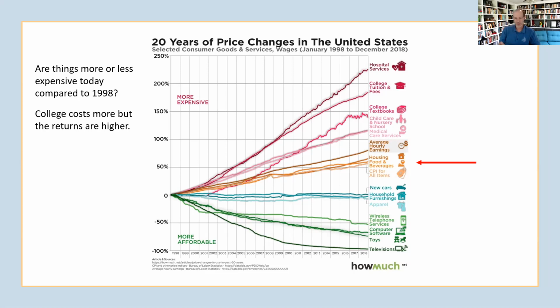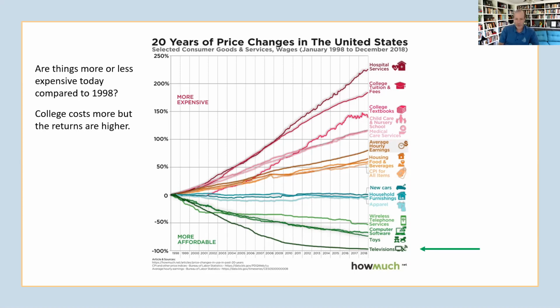There are some cities in California where the median home price is $1 million. You need to put 20% down. You need to come up with $200,000 just for the down payment on a home in places in California. You can buy a very nice home in Norman for $200,000. Some goods prices have gone down.